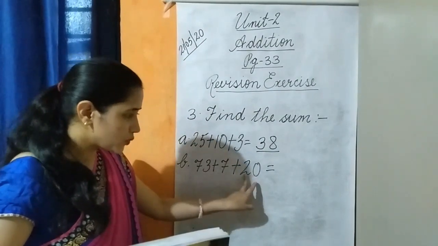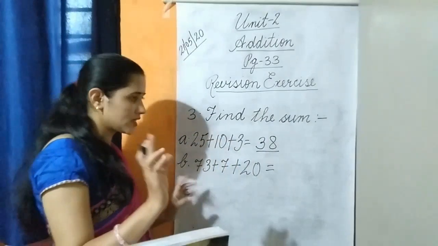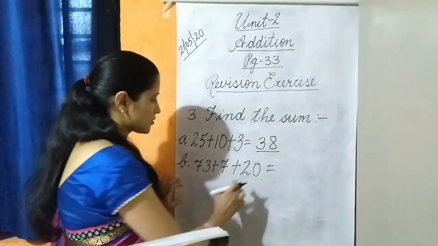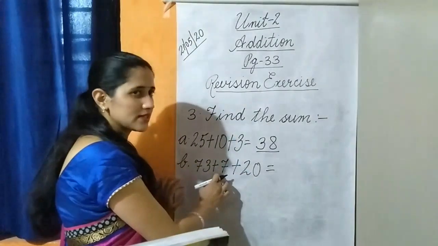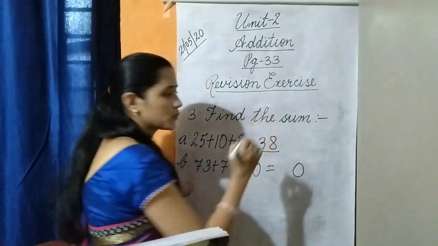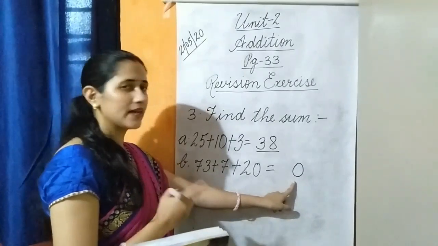Here we have 2 digits, here we have 1 digit, and here we have 2 digits. So firstly we will add numbers at ones place. 0 plus 7 plus 3. 0 plus 7, 7, 7 plus 3, 10. So we will write the number at ones place here, that is 0, and 1 we will carry forward at